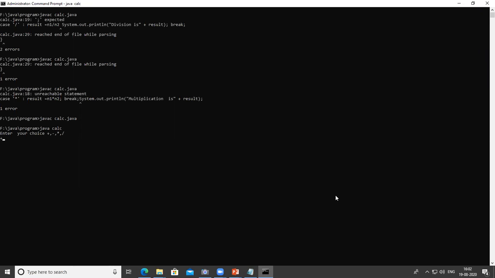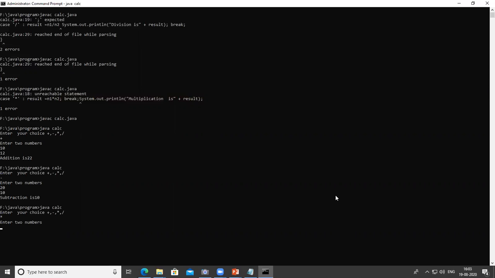Enter your choice. Plus. Enter two numbers, 10 and 12. Addition is 22. Again we check something. If it is minus, enter two numbers 20 and 10. Subtraction is shown. Again we compile and run the program.